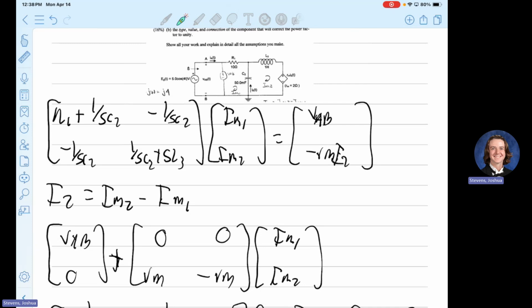So I'm going to use, where am I going with this? Give me one sec. Mesh analysis can also be used to find impedances or admittances, correct? Driving point impedance, driving point admittance. It's kind of like you're finding the total admittance of your circuit, right? What is mesh analysis used for? Do you find admittance or impedance with mesh analysis? This is kind of a difficult question. Think about